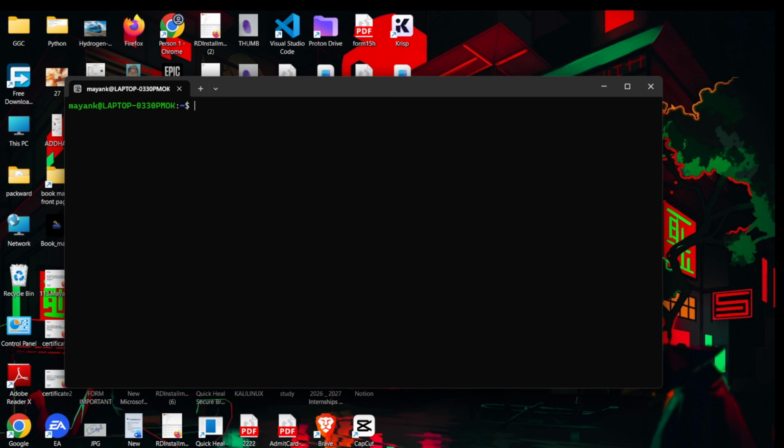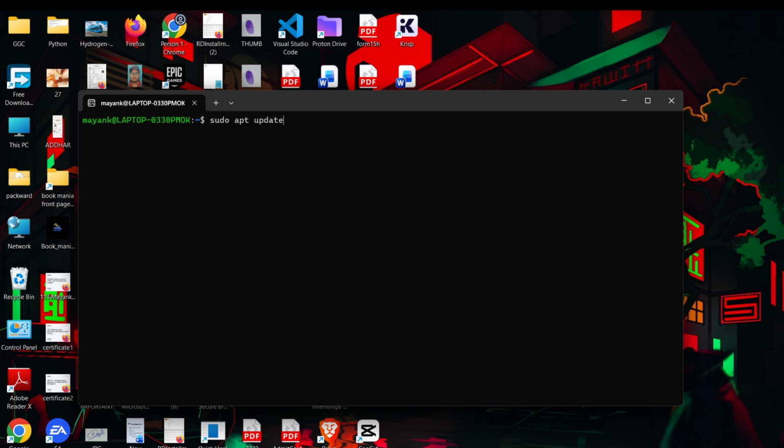Now you have to write sudo apt update. And I know you are thinking why we are writing this command, what is the need of it. Don't worry, I will cover this in the playlist. And if you still want to know what sudo is or what this command is: